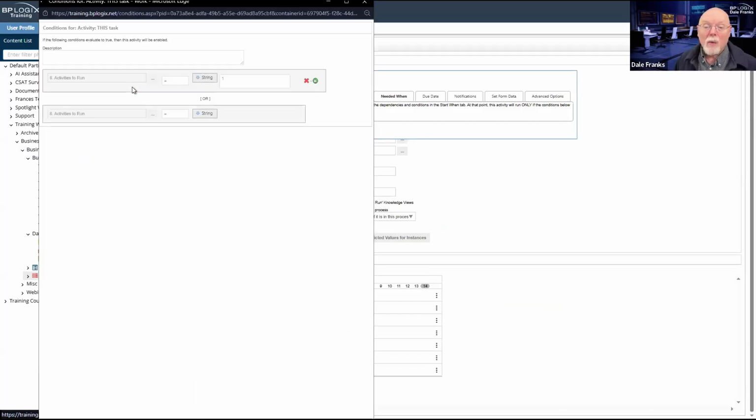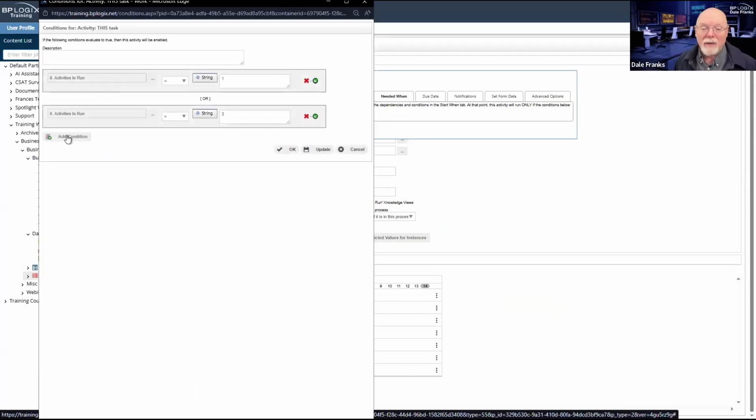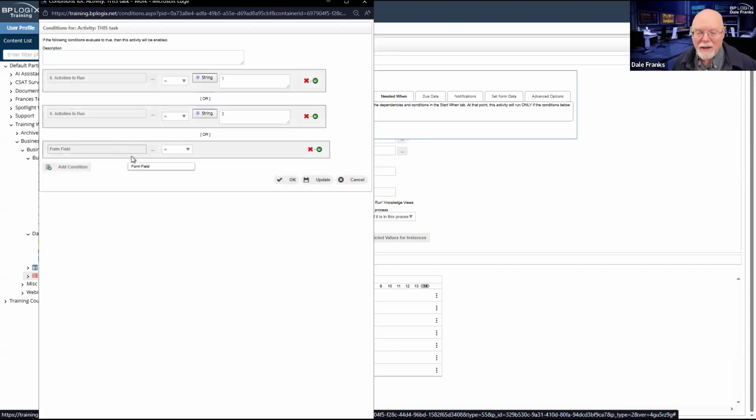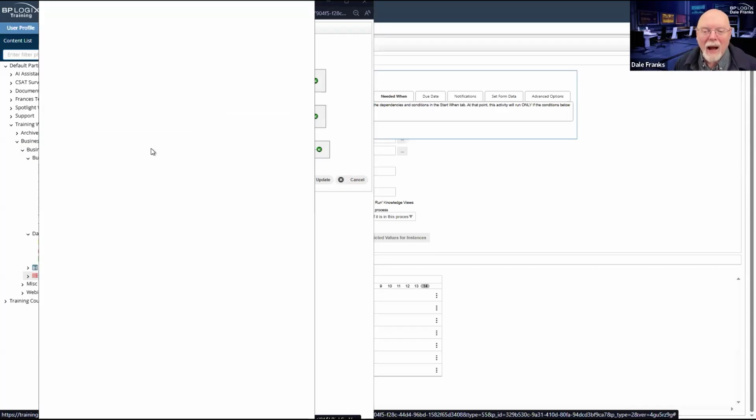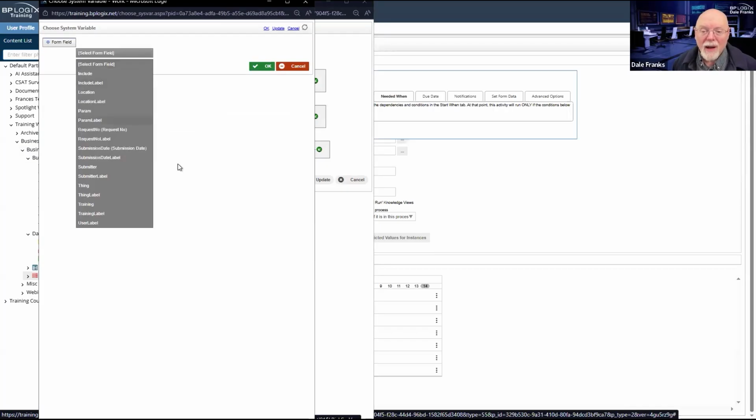Technically, rather than going here and picking activities to run, I'll add an additional condition here that I will not save, but hopefully it won't save at all. And if it does, it won't matter. I have access to a form field. I have access to the form field that specifies the value of who does what.